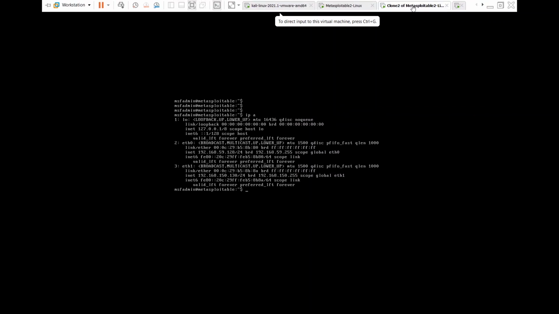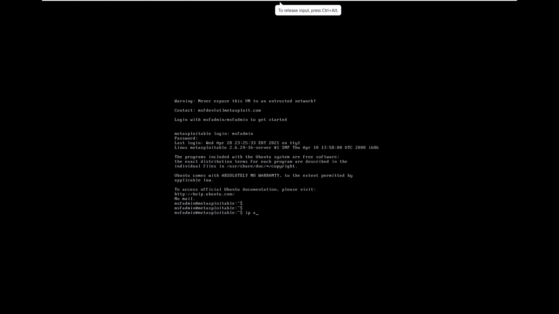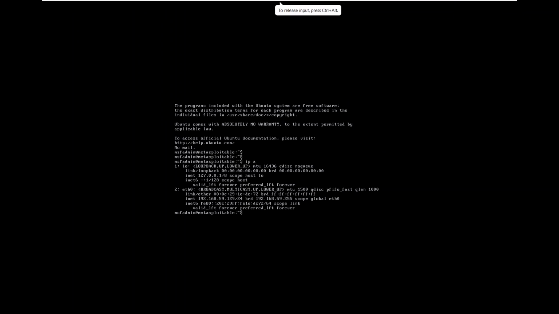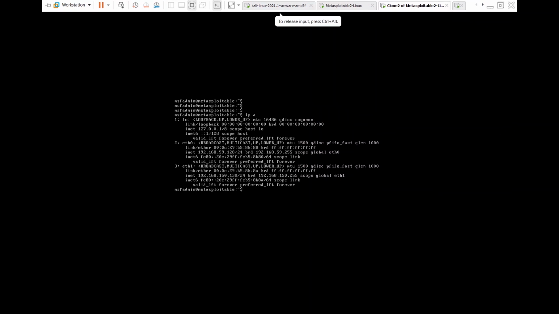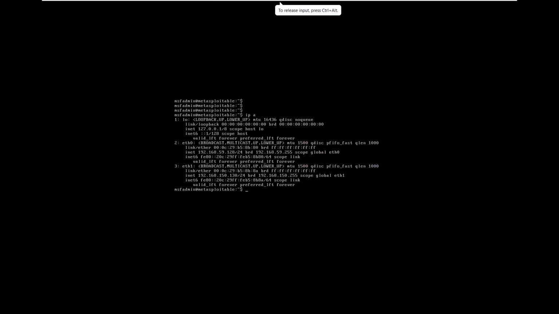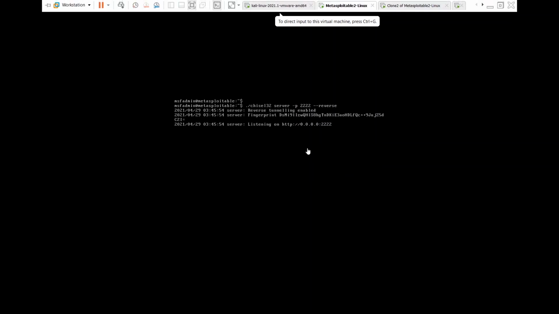So now from this box, let's go to this box once. Let's run ip a. So 59.129, right? So this box has 59.128. Now from this box you can also use file transfer to get the chisel. So I want to connect as a client to this server.